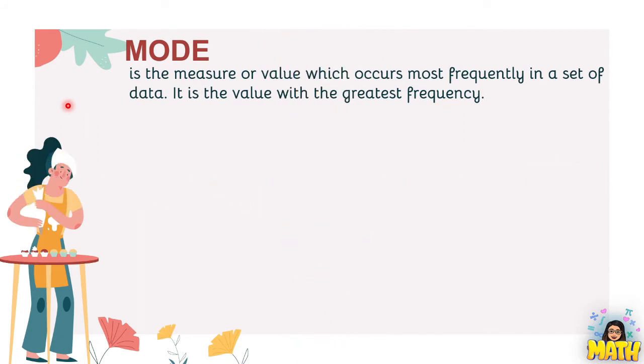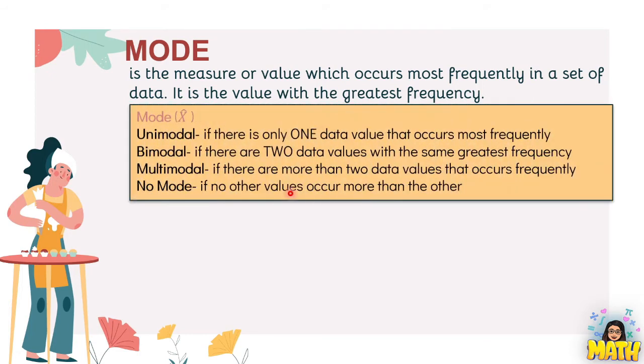The last one is what we call the mode. It is the measure of value which occurs most frequently in a set of data. It is the value with the greatest or highest frequency. So, sa mode naman, kapag may nakikita tayong common value na karamihan ay ayon ng choice, that is the mode